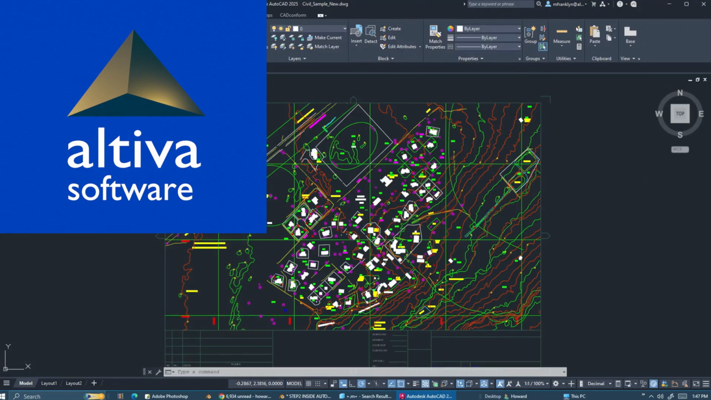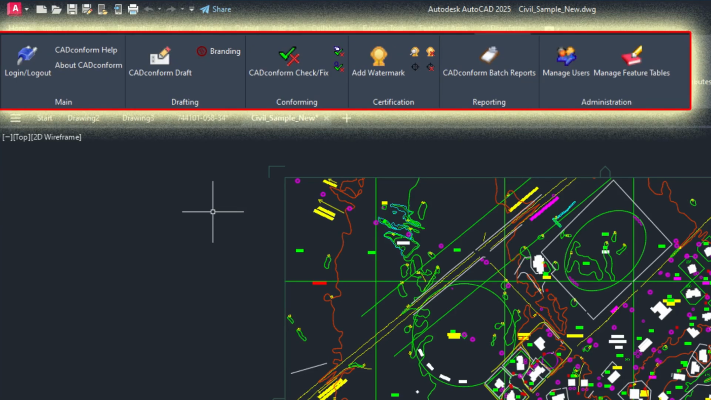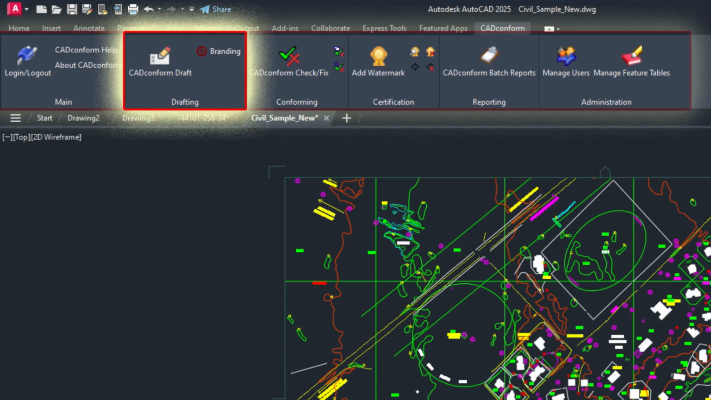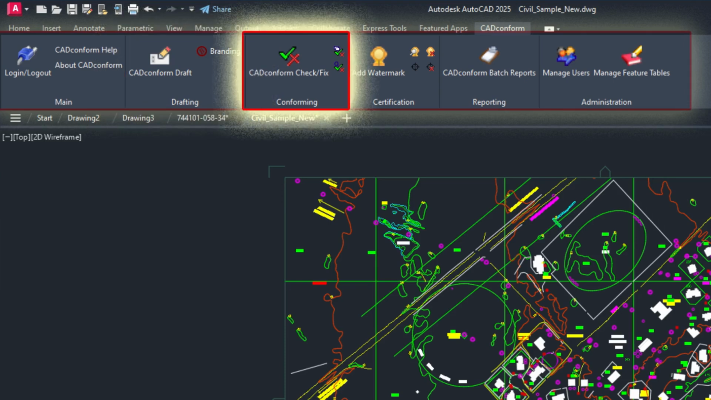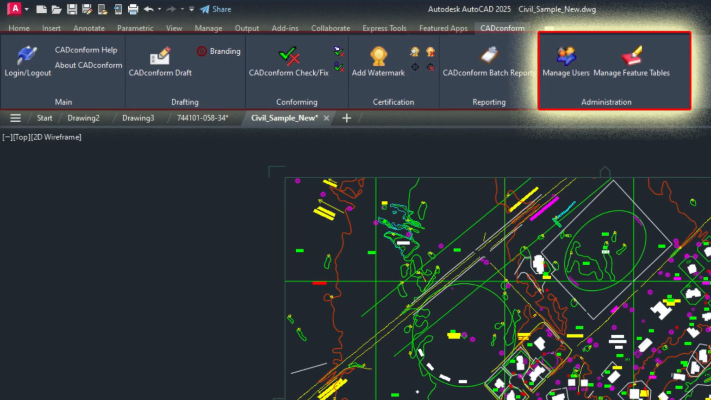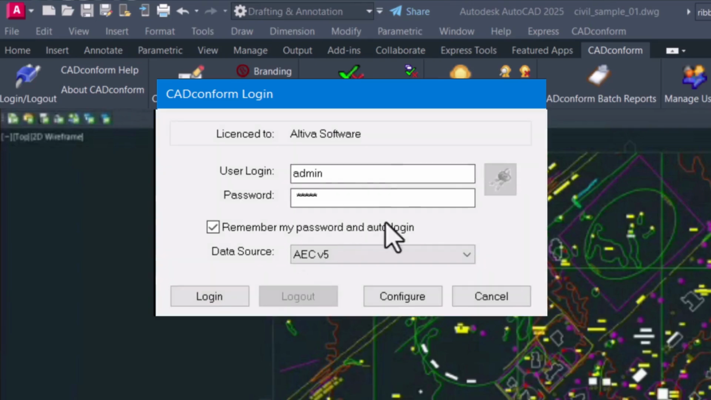Here's Matt. When CADconform is installed, a new item is added to the Quick Access toolbar. Here's CADconform. Clicking on CADconform opens the custom ribbon. CADconform's ribbon is broken into the following categories: main, login and logout, drafting, conforming, which is the check fix function, certification, reporting, and administration. We log into the software that pulls the license and then grants the privileges that are